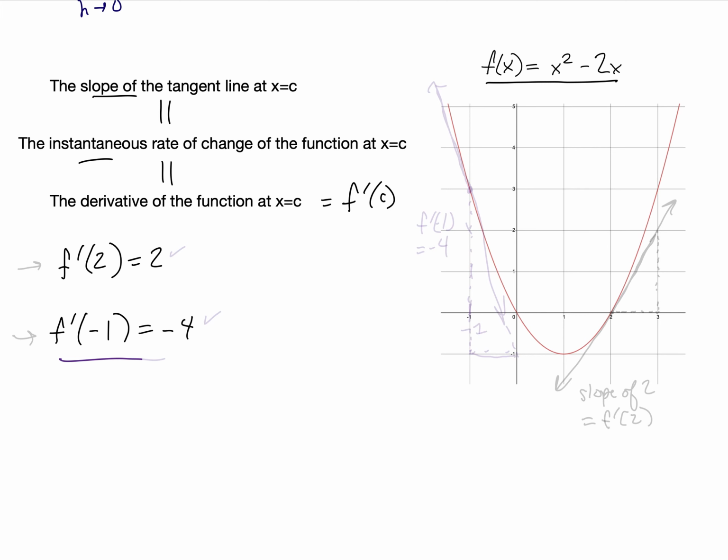So above, we found that f prime of 2 is 2 and f prime of negative 1 is negative 4. So f prime of 2, that's the rate of change of the function at x equals 2, and that should be equal to the slope of the tangent line at x equals 2. And yeah, that seems believable. So the slope of the tangent line at x equals 2, for every 1 we're going over in x, we're going up 2 in y. So yes, that's a slope of